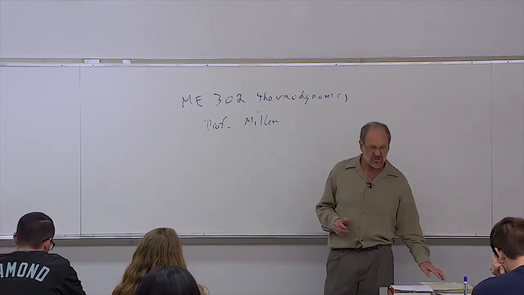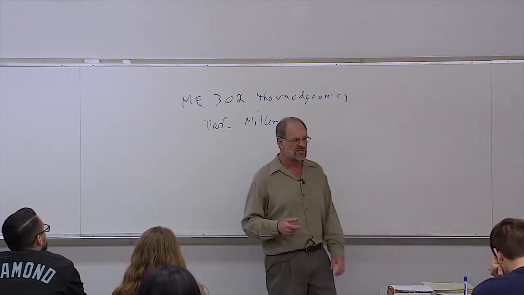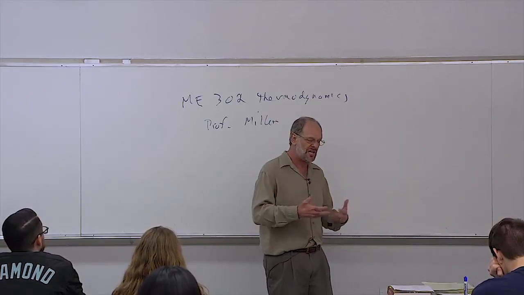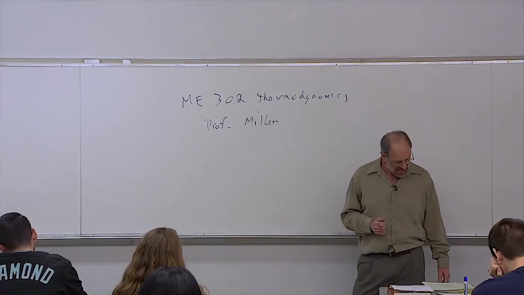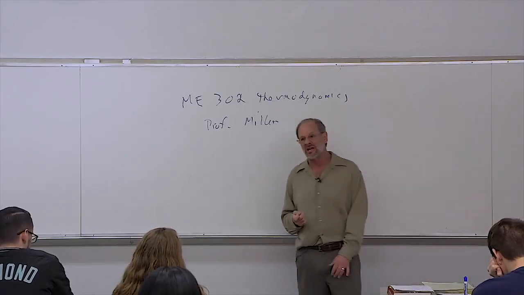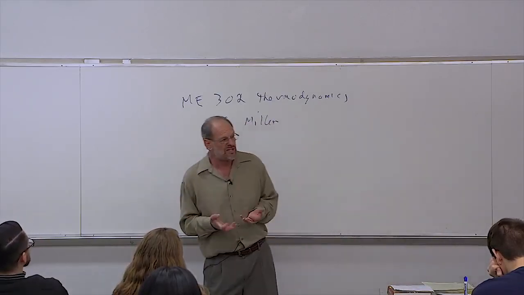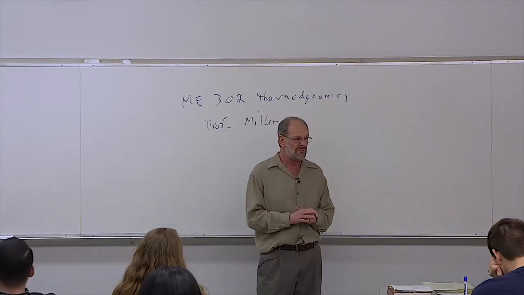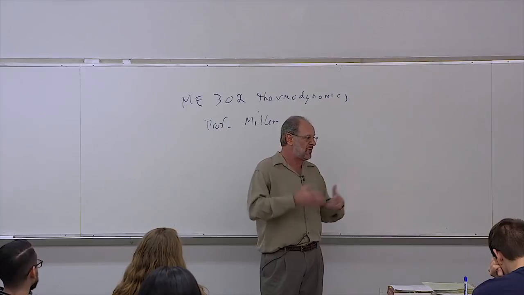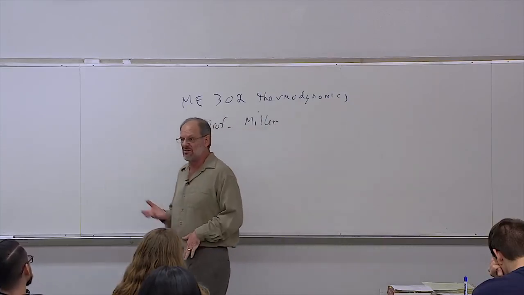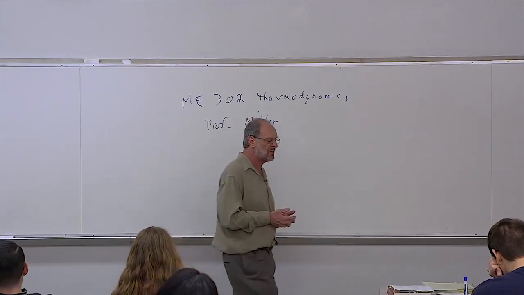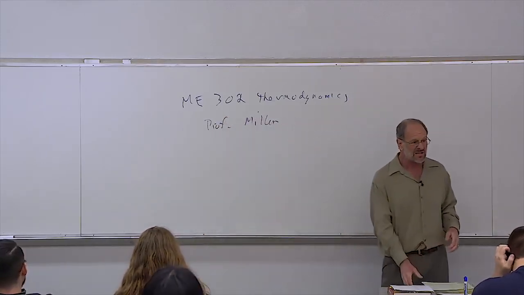of air-water vapor mixtures. Associated with this is a topic called psychrometrics, which is basically the property data associated with air-water vapor mixtures. And then we'll also talk about air conditioning. The whole reason you have air conditioning is to adjust the temperature and adjust the humidity. Maybe you need to make the air warmer and moister, maybe you need to make it cooler and drier, maybe you need to have a combination of both. So these are the types of processes that we're going to deal with when we talk about air conditioning.